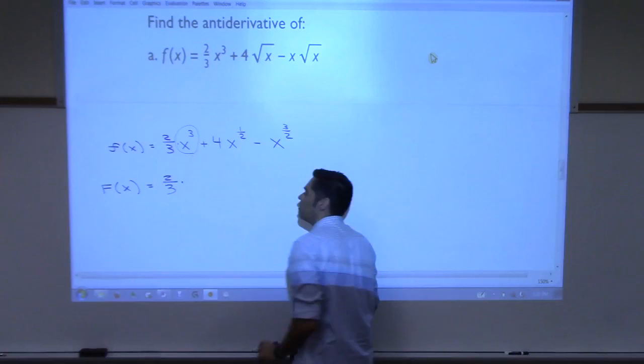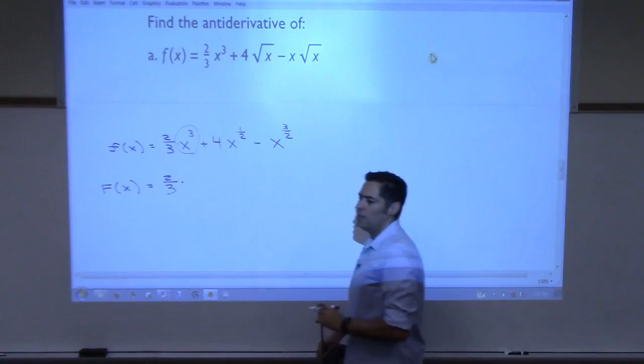Okay, now, working on these one at a time. I'm going to try and get capital F now. I have multiplication here. This is a constant in front of a function. That means that the constant's going to just come along for the ride. That was that c in front, okay? So I'm just going to write down 2/3. Then I'm going to put times. Now I'm focusing all my attention on this. That's x